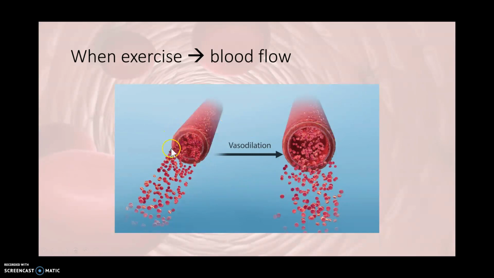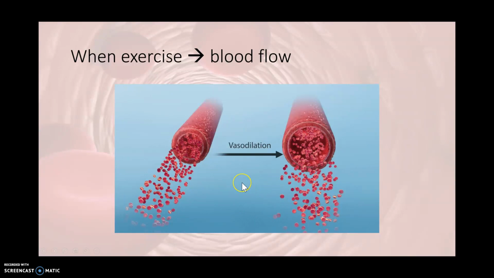So right here we have a normal vessel over here with blood flow. When we exercise, we want that vascular smooth muscle, which is within the walls of the arterioles, to expand, right? So we want those to vasodilate. So we're going to bring more blood to those working tissues, to the area. So we will vasodilate in the skin specifically, and we will vasodilate in the vessels leading to the muscles. Those are the two big areas,